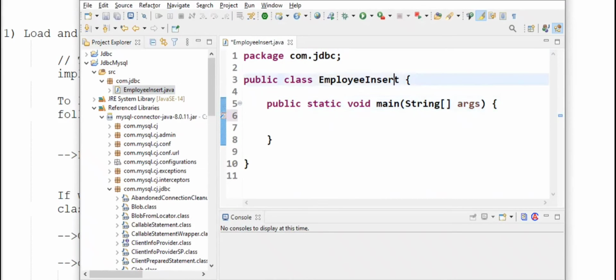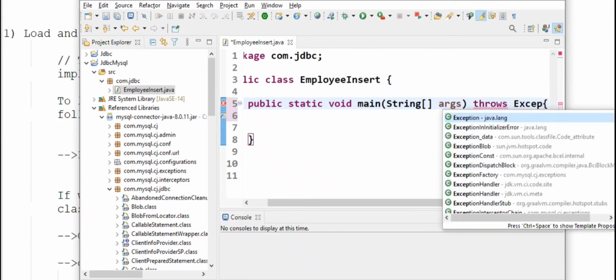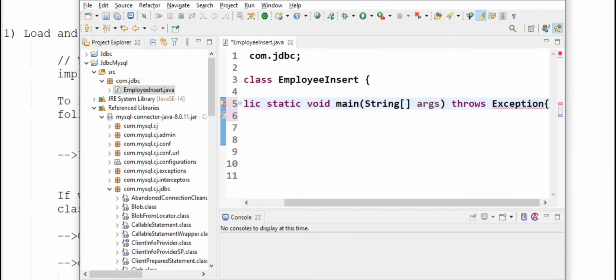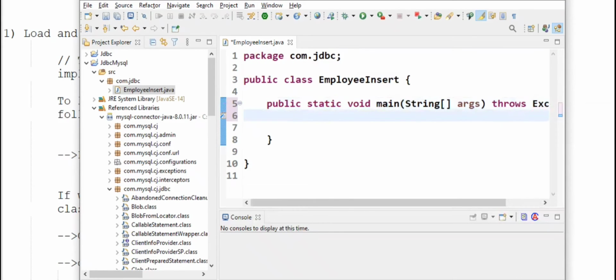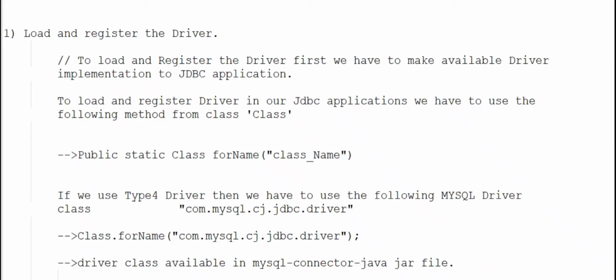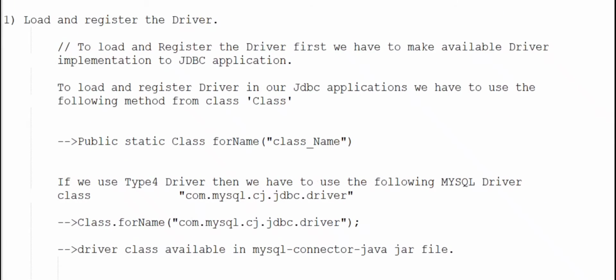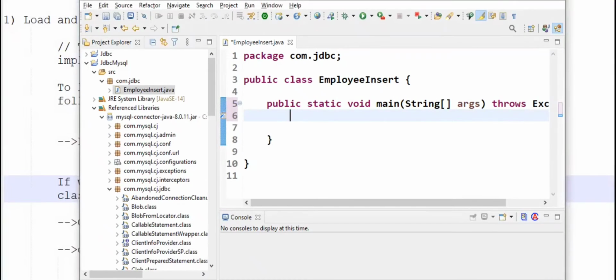First thing we should do is throws java.lang.Exception. Now our first step was to load and register the driver. We have already seen this driver class is present in our project library, so we will load and register our driver class.